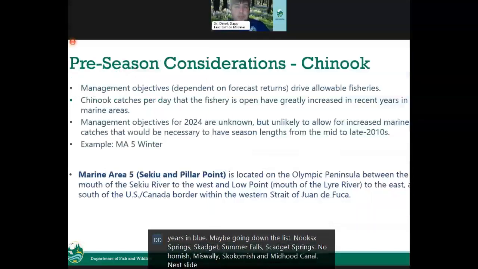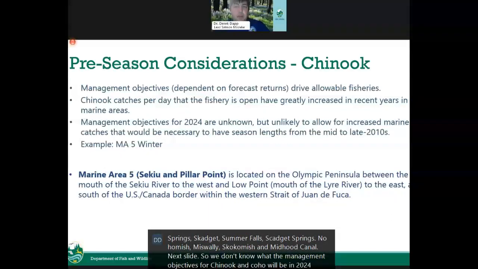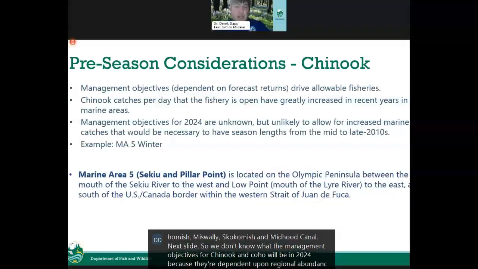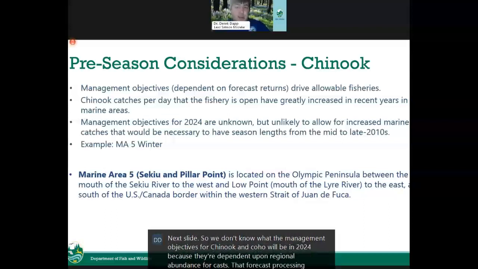Next slide. So we don't know what the management objectives for Chinook and Coho will be in 2024 because they're dependent upon regional abundance forecasts. That forecast processing is occurring now, and we hope to have management objectives identified in the next month or so. However, we did really want to highlight one trend that we've observed in the past few years